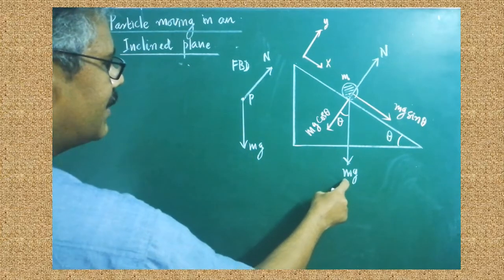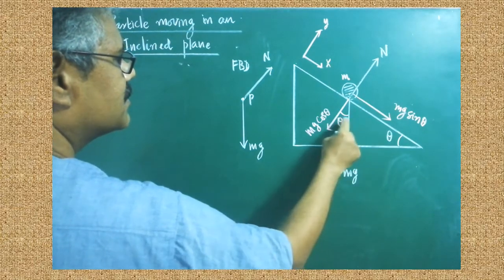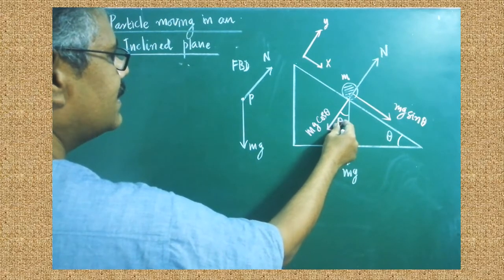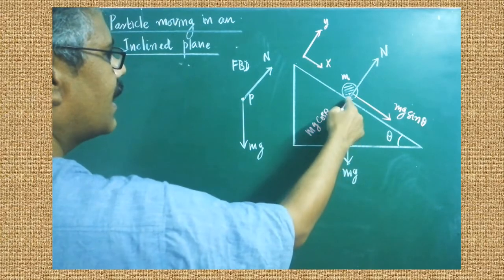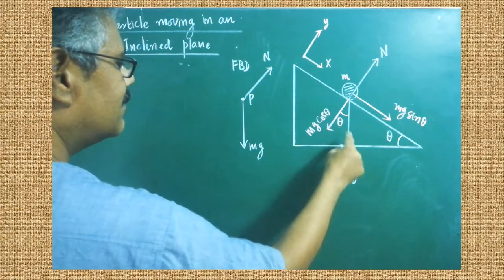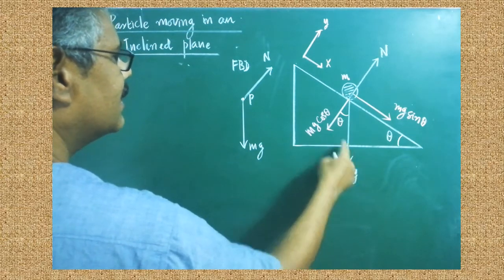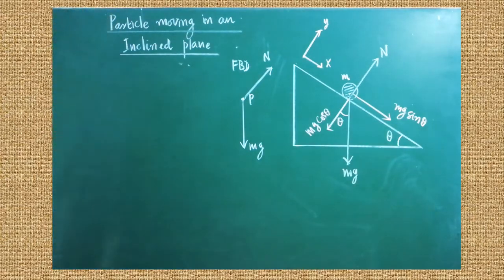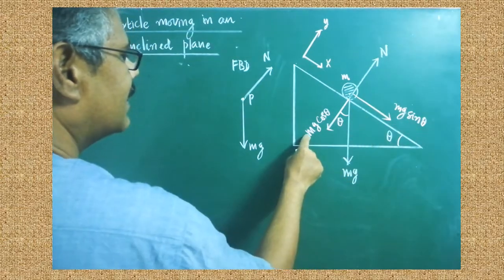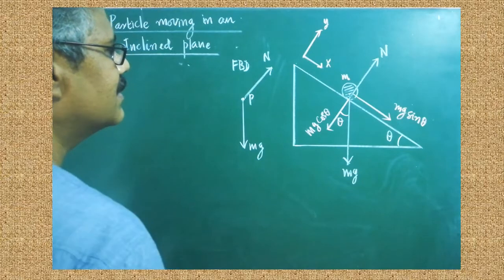The gravitational force can be resolved into two components. The same angle theta, the angle of inclination, can be found here. This is the angle of inclination. So theta is the measure of the angle between the gravitational force and the perpendicular line. Are you clear? Again, theta is the angle between the gravitational force and the perpendicular line. Here mg can be resolved into two components. One is mg cos theta. The other component is mg sin theta. This is the horizontal component of the gravitational force, and this one is called the vertical component of the gravitational force.